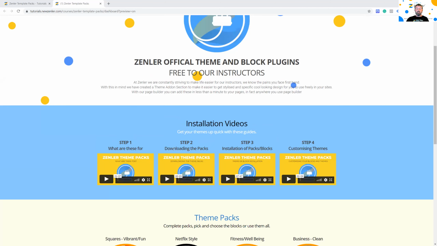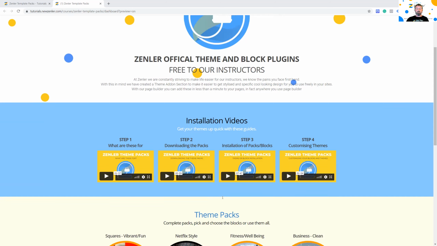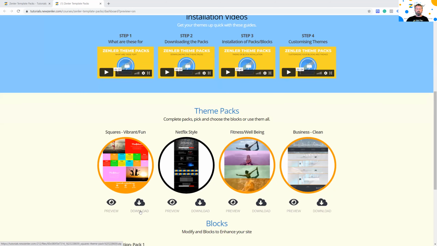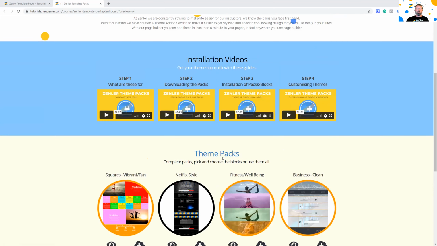So step two is how to download the packs. It's really simple. You just hit the download button here, and that will download a zip file, and it will contain the code and images of the blocks. So inside of that code, it says block 1, and you'll see in the folder that there's an image called block 1. So you can see exactly what it looks like. You can copy that code snippet, put it into your site, bang, it works. All right. So we're going to be supplying these.